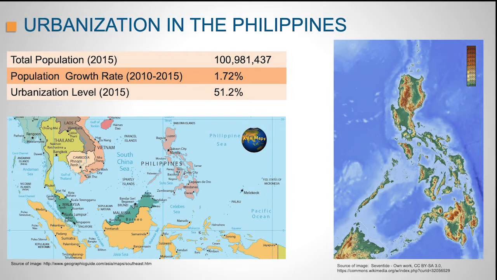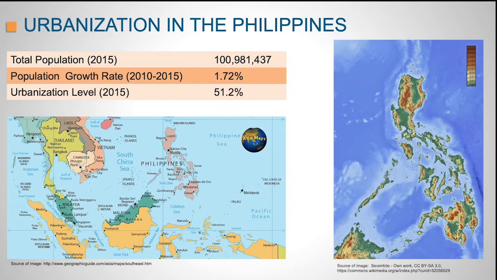The runaway population growth fuels the rapid urbanization sweeping across the country. Census data from 1970 to 2010 show that urbanization in the country has increased steadily. The change in the definition of an urban area in 2007 adjusted the urbanization level at 42.2%, but urbanization has advanced since then. As of 2015, the Philippine urbanization level, which is measured as the proportion of the population living in urban areas, is estimated at 51%.